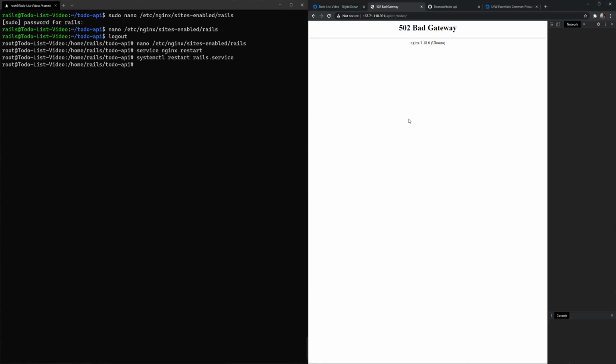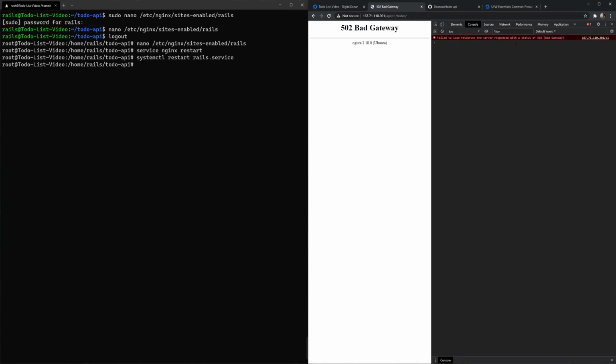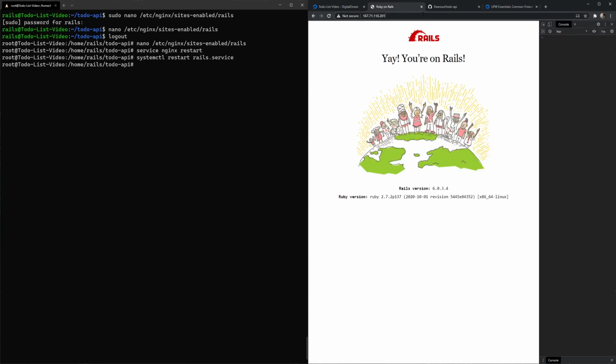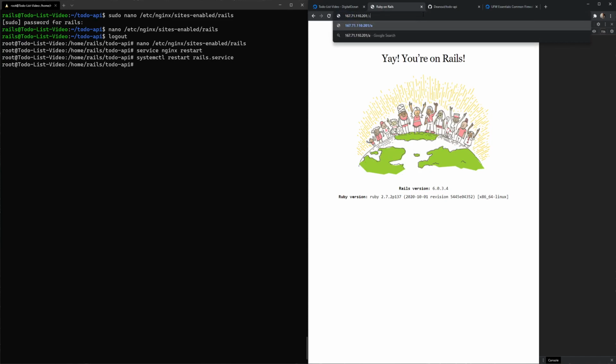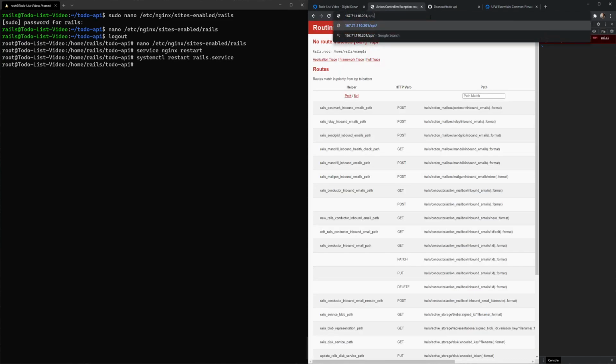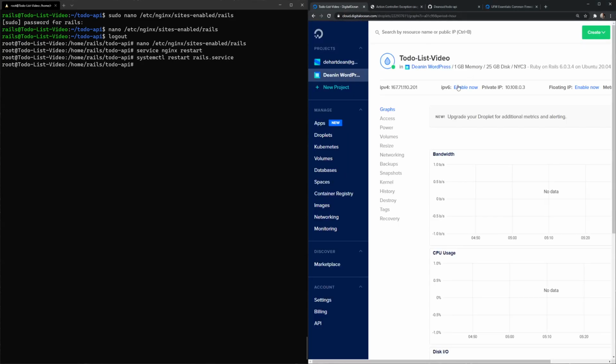And if we open up our F12, we can see that our error is probably not helpful. It's just complaining about a resource. So let's go ahead and try to just go to the root of the application. That seems fine. Going to /api causes an issue. Going to /v1/todos causes an issue. So my running theory is that we need to edit the, let me come over to here and,